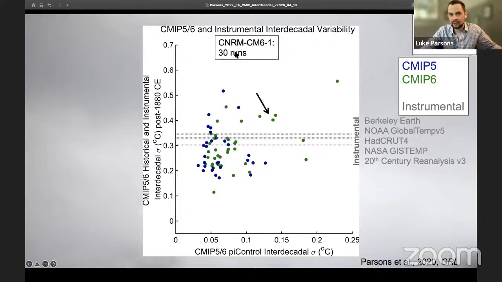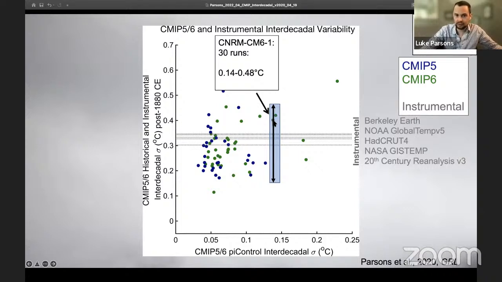For example, this is CNRM CM6, one of the European climate models. They have 30 historical runs. They've branched off from different portions in the control run and forced it with greenhouse gases up to the present. And I'd like to emphasize, I showed you this one dot that was the first run in iteration from their large ensemble. But if I did this for all 30 runs, you would get this giant envelope here. And so maybe you would have wanted to throw out CNRM if you picked run 1, iteration 1, but if you picked run 2, it might have fallen right within this envelope.